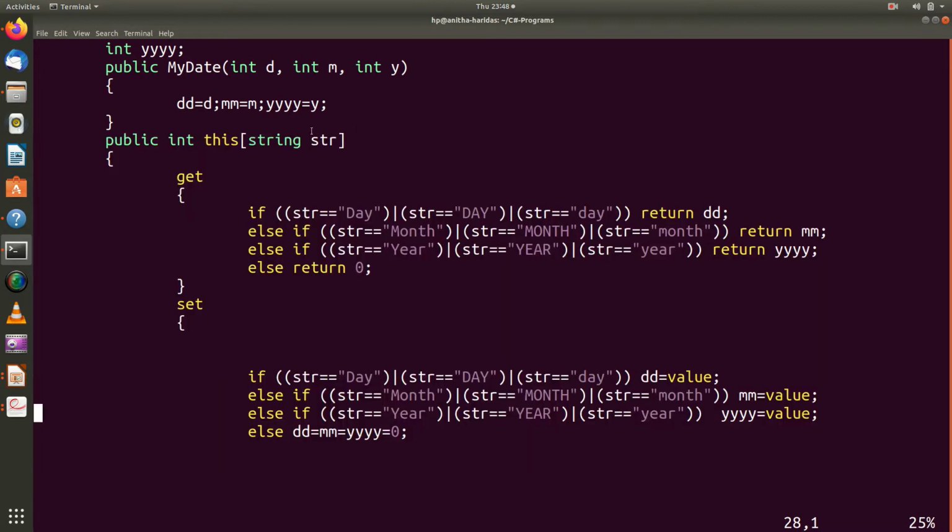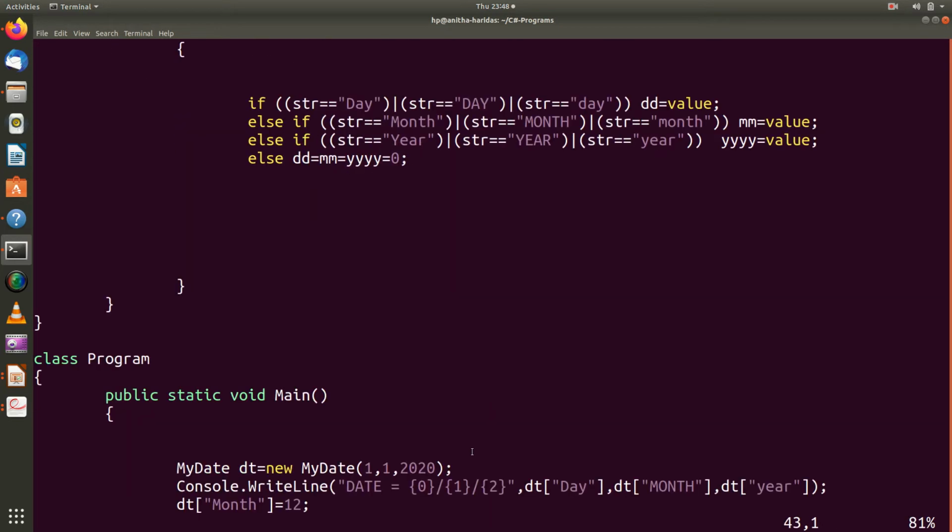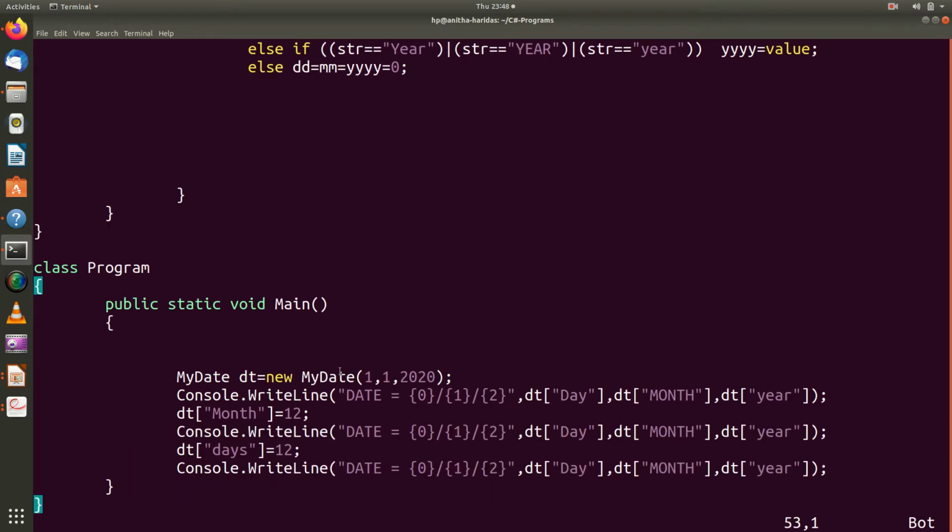The indexer takes a string argument. If the string is day, it returns dd. If it is month, it returns mm. If it is year, it returns y. And in the setter method also, it checks for the day, month and year. Accordingly, the value will be assigned to the data member, and I am trying to display the date here in the main program. Let us execute this program.